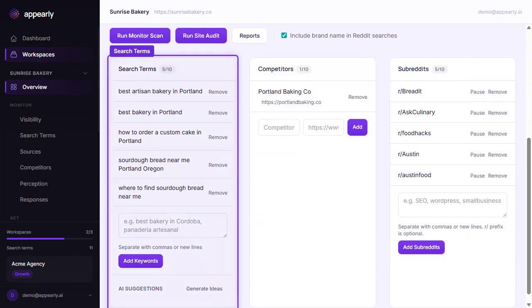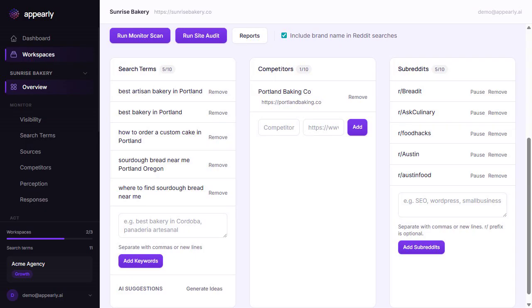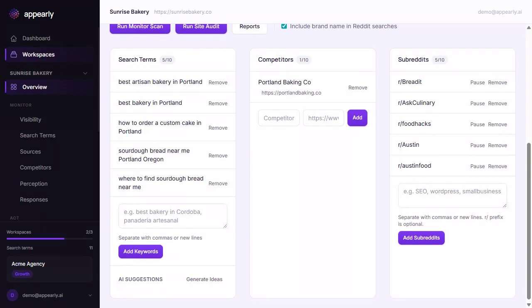Search terms are the queries Appearly uses when checking AI engines for your brand. These are critical because they define what you're monitoring. You can type keywords manually, separated by commas, or use the AI suggestions feature. Click Generate Ideas, and Appearly suggests keywords based on your brand description, industry, and existing terms. Pick the ones that match and add them in one click. The counter shows how many you've used out of your plan limit. Every keyword gets checked across all your AI engines during each scan, so choose terms where you'd expect a customer